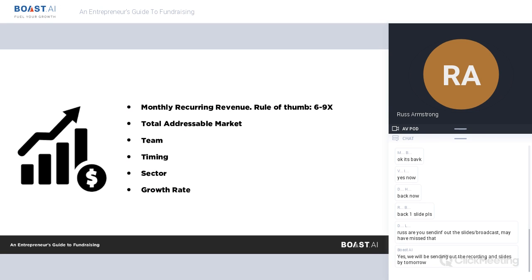And then obviously your growth rate on top of your monthly recurring revenue. Is it growing at a fast clip? Are you going 300% a month? Is it slower than that? And this is an interesting factor that you need to take into consideration when you're actually planning it out.